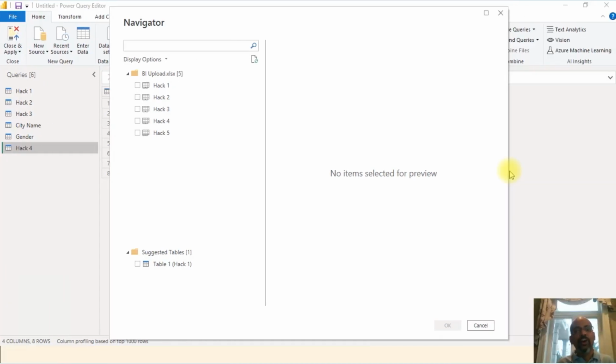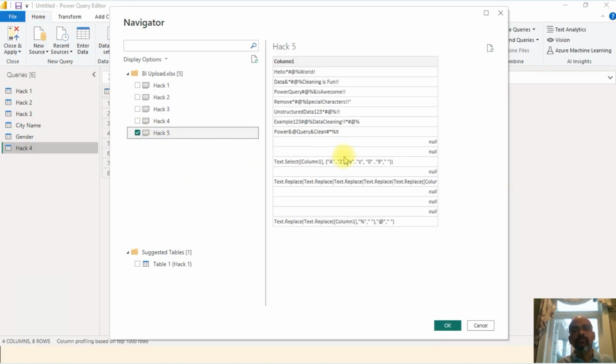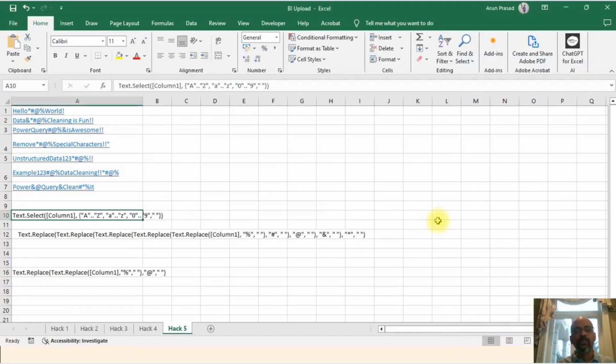So here we are for the final technique which we are going to see. Let's upload this file. Before we upload, the task which we have, as you know, is to remove unwanted special characters from these text lines. However, if you look at this data, it also has unwanted null values at the bottom, which we don't require at all. So let's upload this data